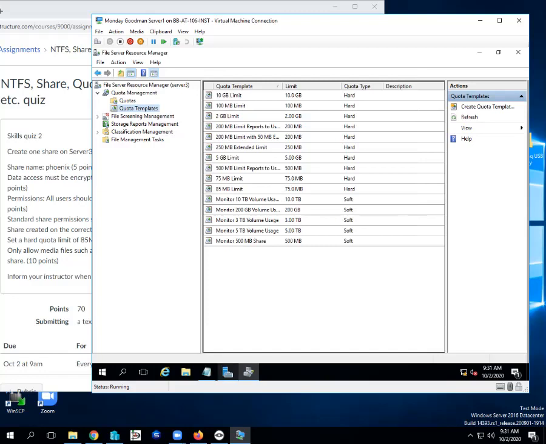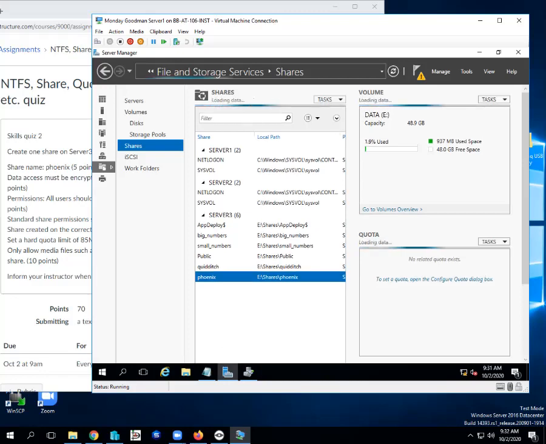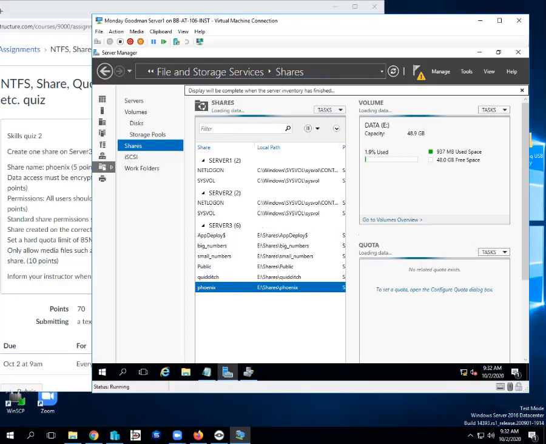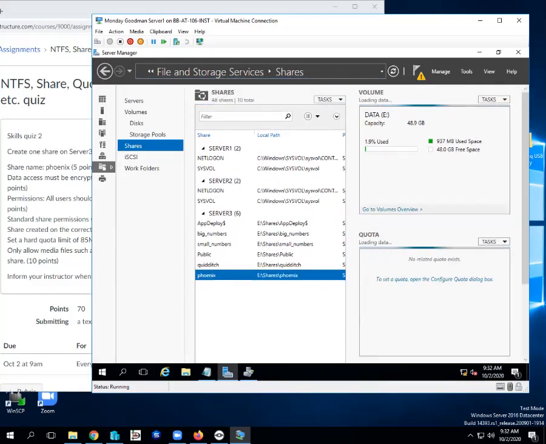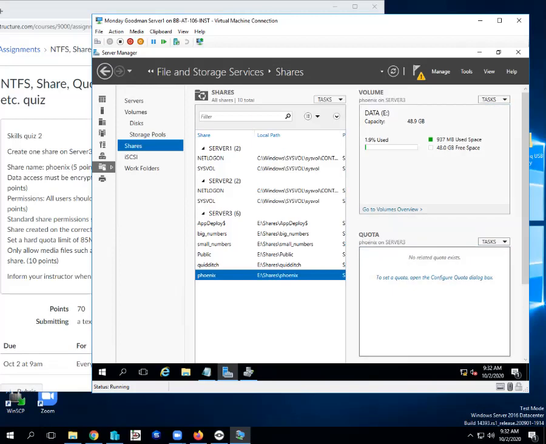Now I'll go apply it. I kind of like to do it from server manager. I like to refresh my server manager after I create the template. And I like the dialog box in here for applying the quota. Once you got the template made, you simply wait for the server manager to refresh, for all the little progress bars to be done flying across the screen.